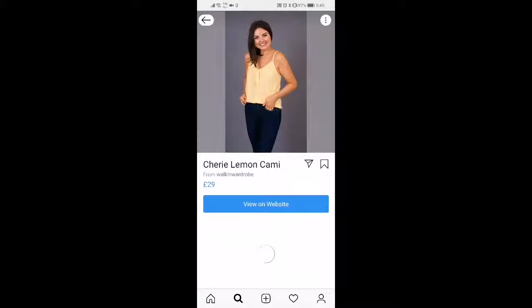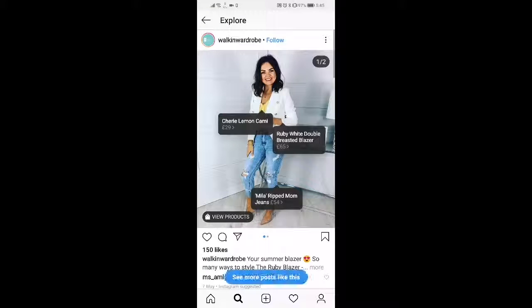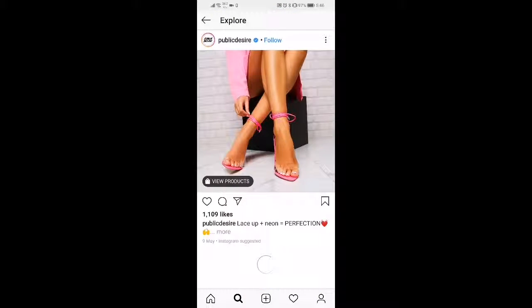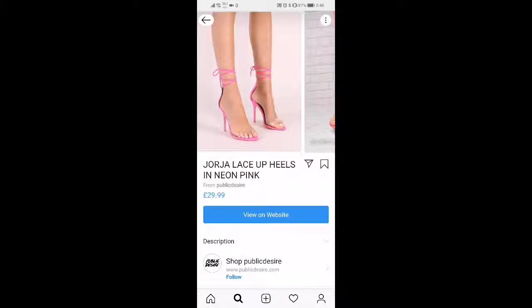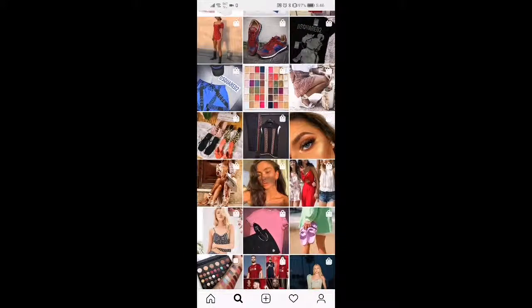So if we just click on one of them, and then let's say for example we're interested in purchasing one of these, you could click on the view on website button and go off and pay for the item. If you're just browsing, you can just click the save button and that item will be saved in your shopping folder. So we're just going to add a few more items to our shopping folder,